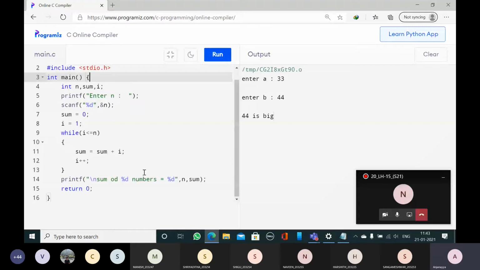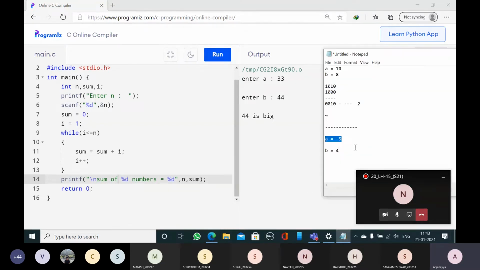So this is the program I have written in the class. Do you remember i is equal to 1, the initial value? I add that 1, then increase the value of i, then check the condition, add that number, increase i, check the condition. Until the condition is true, this block of statements is executed. When the condition is false, the control comes outside. By that time, the sum will contain the expected answer. In "Sum of n numbers", the first %d refers to n and the second %d refers to sum. Now I will run the program.